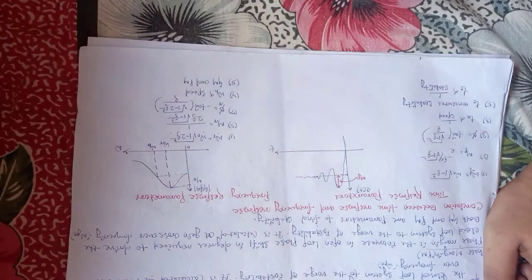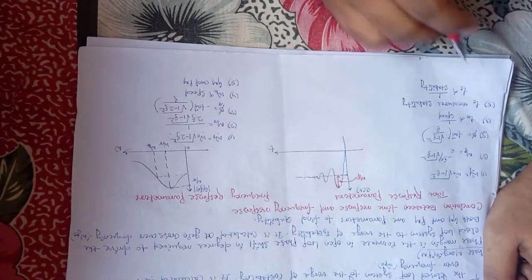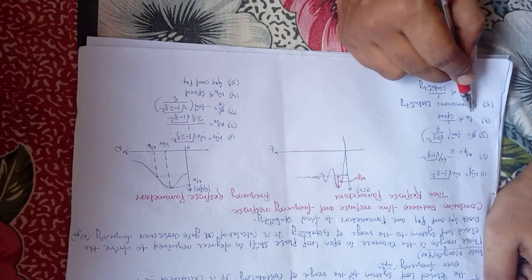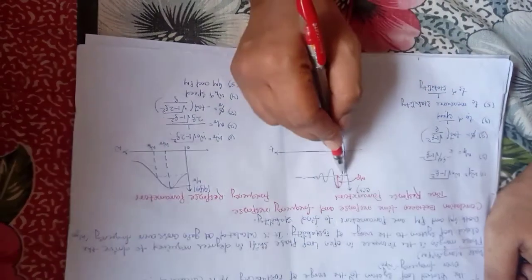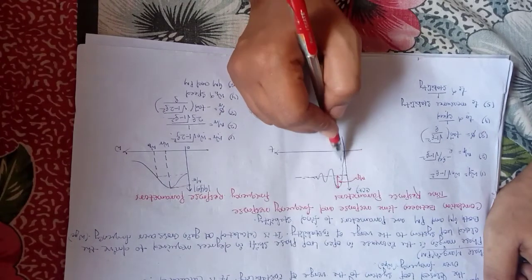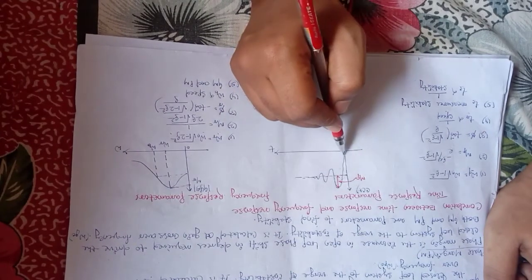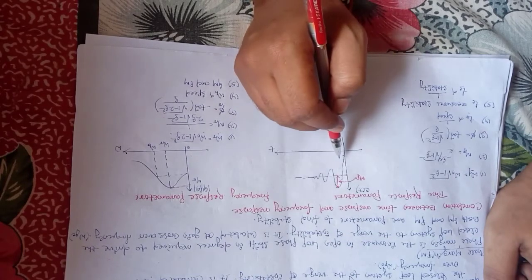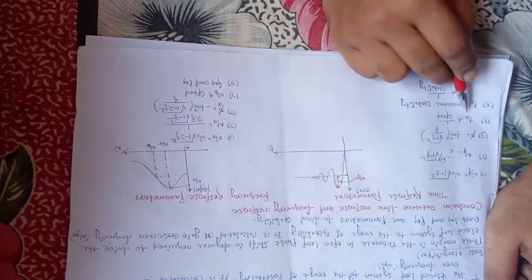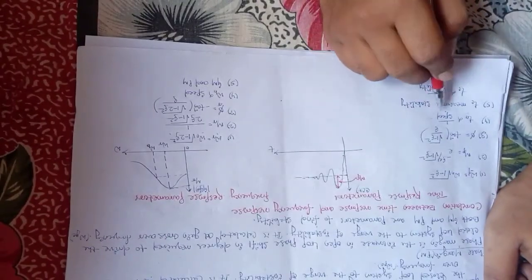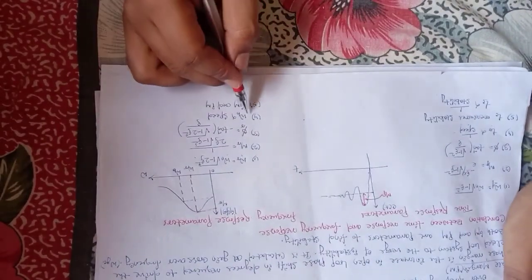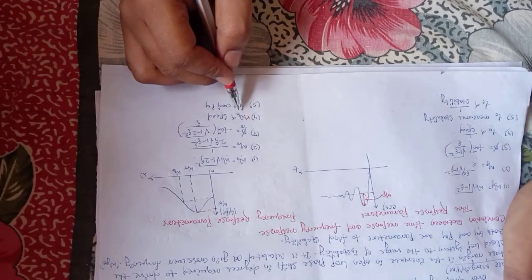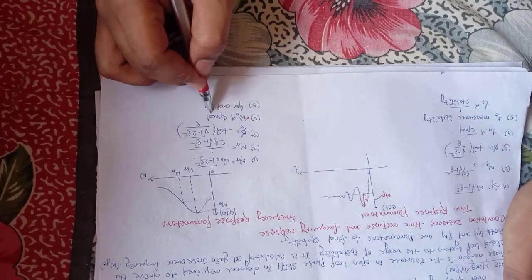Second is speed, Tr, that is rise time. Rise time is inversely proportional to speed. Rise time is the time taken by the response to change from 10% to 90% of its final value. If the rise time is less, then the speed of response is more. So rise time is inversely proportional to speed. Exactly, we can say in the frequency domain, if the bandwidth, omega b, is more, then the speed of response will be high.